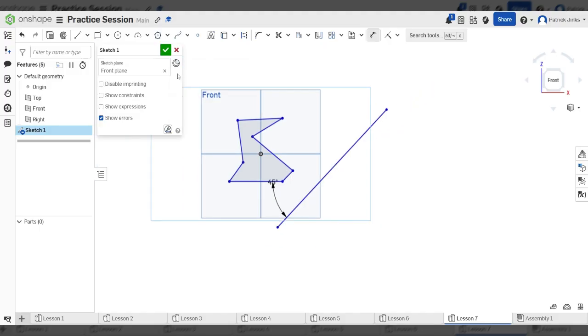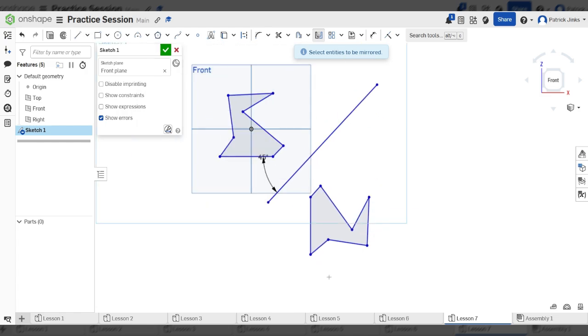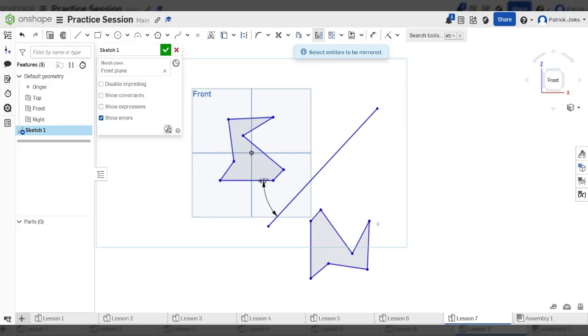Flip my mirror. And if I mirror now, I know I'm going to get this shape. That's a 45-degree reflection. If this was a folded piece of paper, and this was folded along this crease, it would end up here on the other page. Okay,